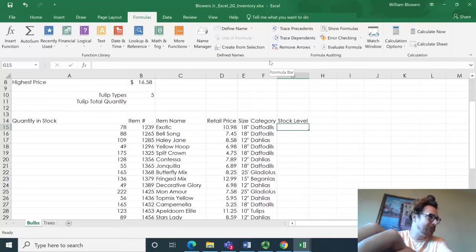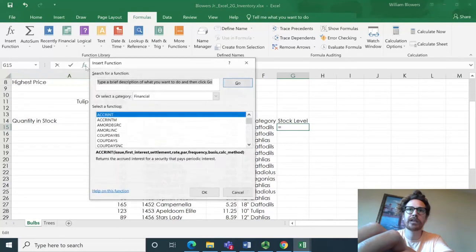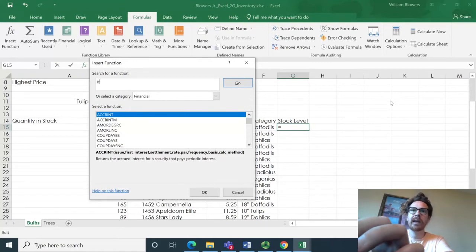G15, construct an IF statement to determine the items that must be ordered. Quantity in stock is less than 75. Value if true is order. So let's see here. We're in G15. If you go to the formula bar, this fx insert function button, click in there. And then if you type if,